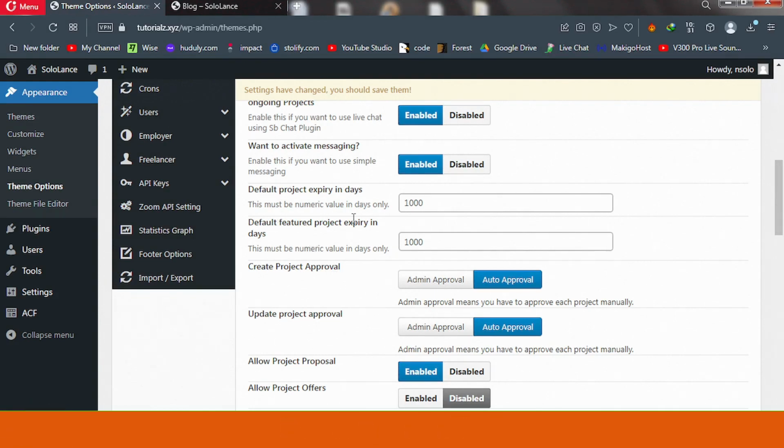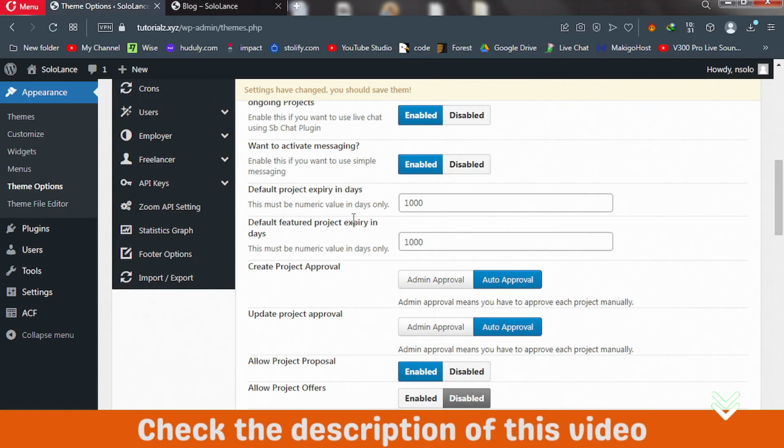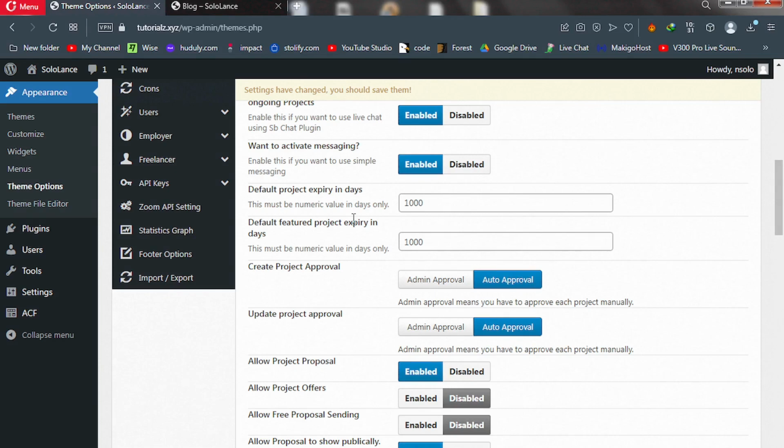See, their projects are going to have expiry no matter what, because when they post a project on your site, they need the job done. That's why they post the project on your site. Freelancers are going to bid, and when a freelancer wins or gets the contract, then the project will be delivered, and that means the project has come to an end. So you have to set a value here higher. All right,